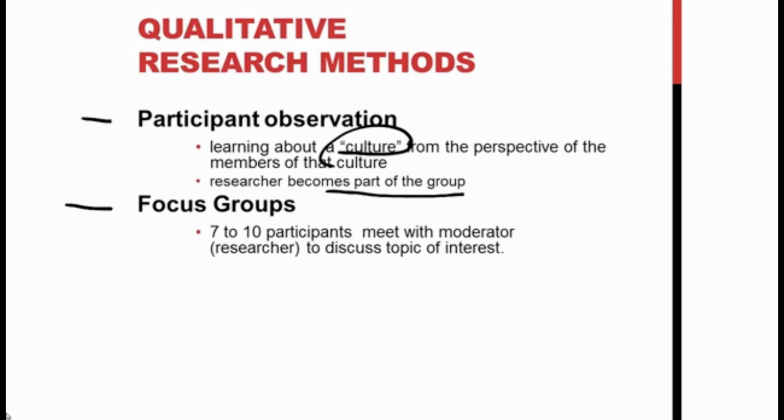Another qualitative methodology that you could use is the idea of a focus group. Focus groups are where you interview participants about some sort of problem, but you do so typically in a more controlled, structured way. And all of these participants actually meet together at one time to discuss the topic of interest. So for example, if you wanted to conduct a focus group on a new product that a company is developing, perhaps let's say they're developing a new toy for a child. If you wanted to run a focus group to see how kids like this toy, you would gather together probably a group of 7 or 8-year-olds, and you'd see how do they play with the toys? What sort of behaviors do they engage in?